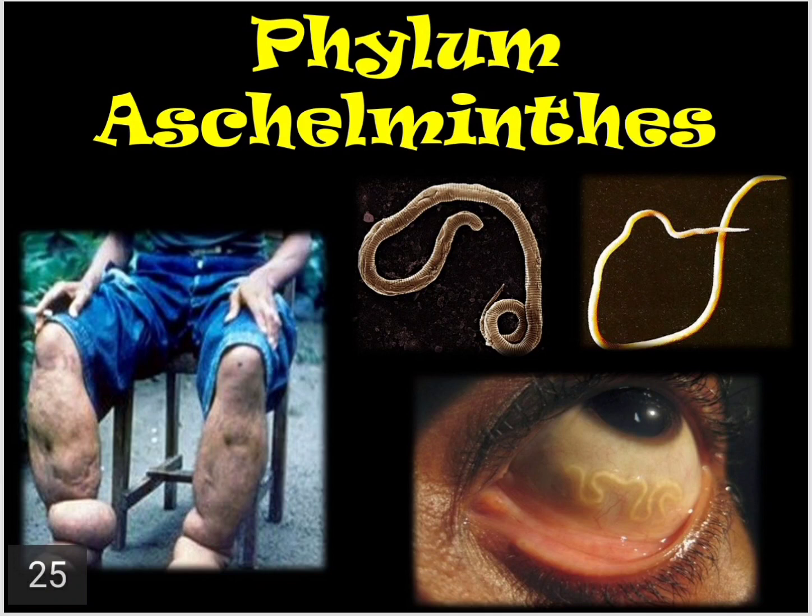Then these animals are non-segmented. There are no segments present on their body, and they are covered with a tough cuticle. Outside the body there is a tough shell-like structure. If you try to press these animals, you cannot press them very easily because they are surrounded by a thick, tough cuticle. These animals are unisexual, means the male worms are separate and the female worms are separate.